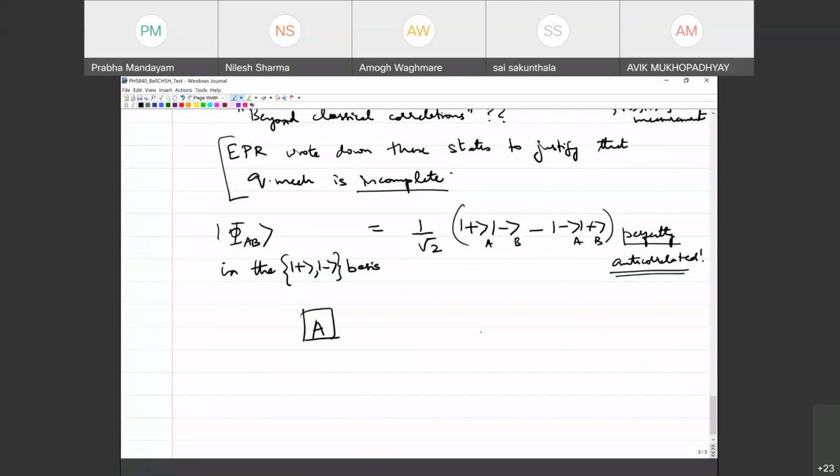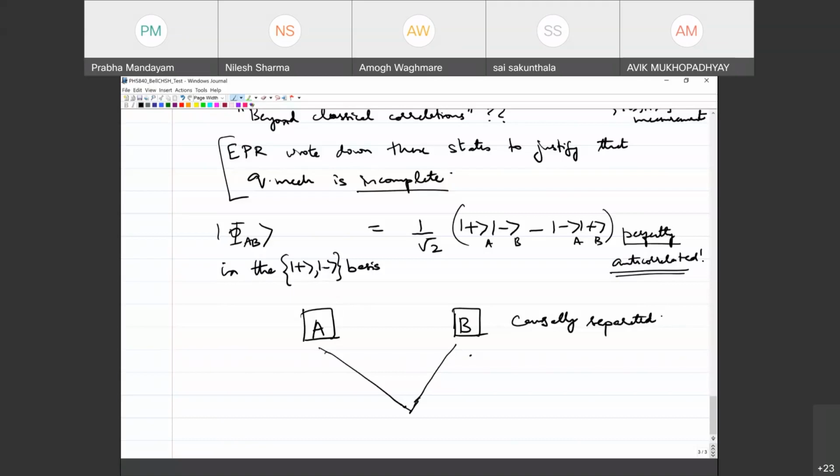They are space-time separated, which means they are outside each other's light cones, as we like to say in physics. So they are causally separated. But somehow, irrespective of which choice of basis they are measuring in,